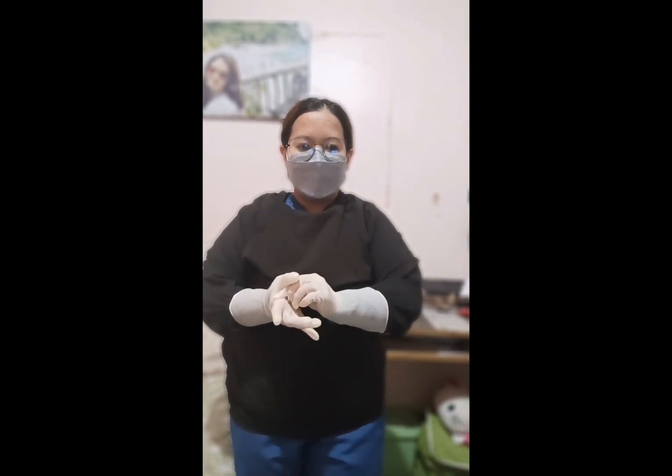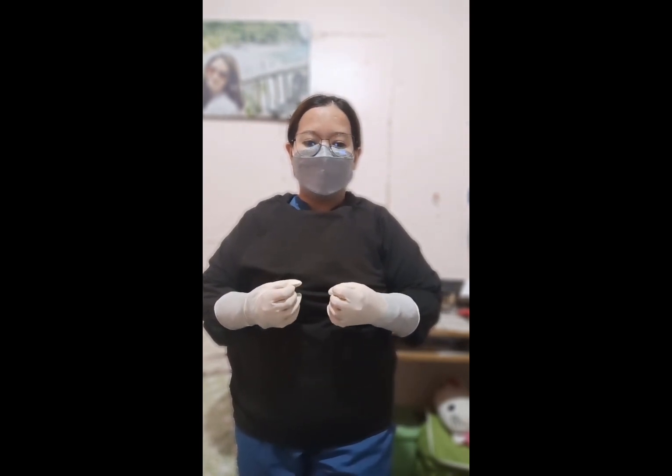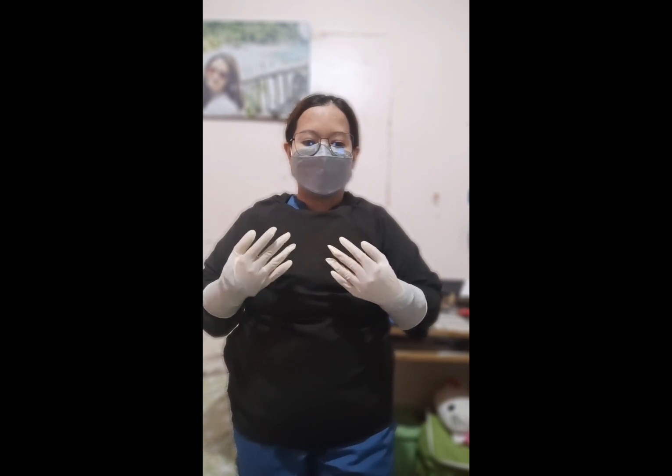Adjust the fingers of each glove as necessary so that they fit appropriately. Always remember to keep your hands in your sleeves so that you do not touch the gloves from the outside of the gown with your bare hands. Keep your hands above your waist and in front of you. Ensure that you do not touch anything around you that is not sterile. This includes your face, mask, and hat. Once we're done and your gloves are soiled, we need to remove them using the same procedure that we did on the